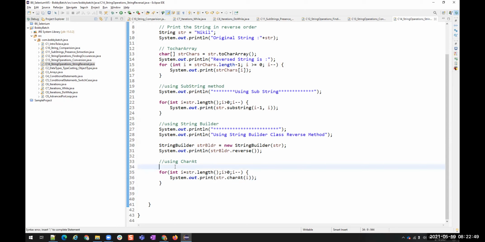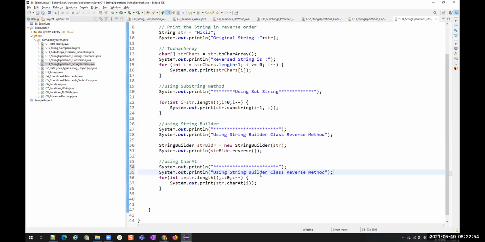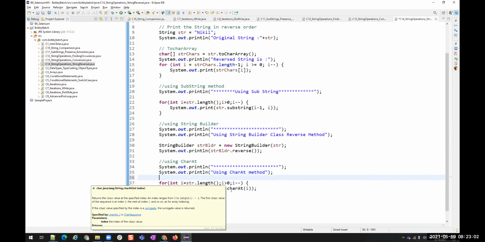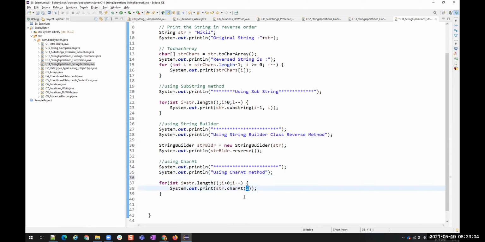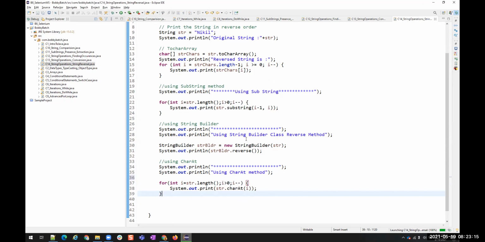This is going to print it in reversal order using charAt. So this charAt method is going to return us a particular character at the given position. We can pass any position. We are passing it from the length of it. Okay, let's run this. I think I should give -1. Yeah, I know, this is the charAt method. Here it should be starting from length -1.